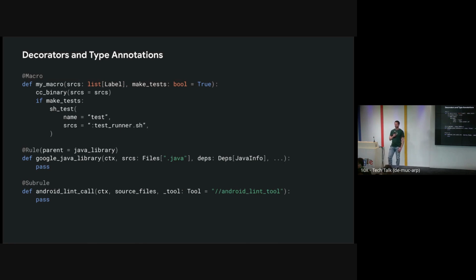Sorry, extending the rules, does that require the rules to be implemented in Starlark? If we wanted to enhance the cc_library rule, for example, does that require the work to be done for the Starlarkification? The outer layer of cc_library and cc_binary is already done. It's a built-in rule in Starlark, and you are also able to extend built-in rules. Okay, cool, sweet, thank you.